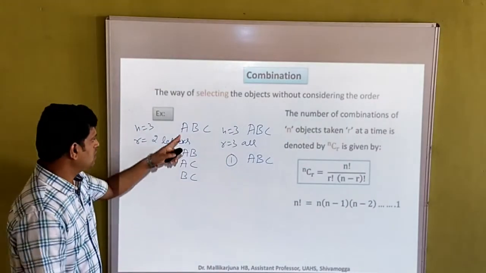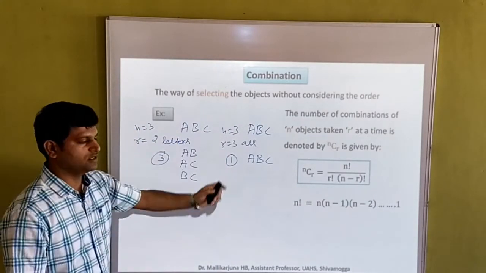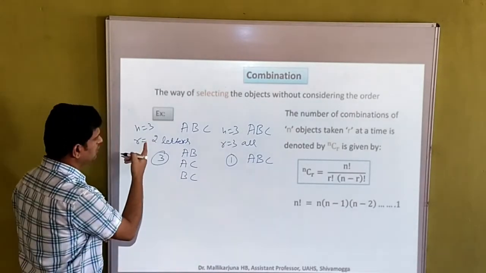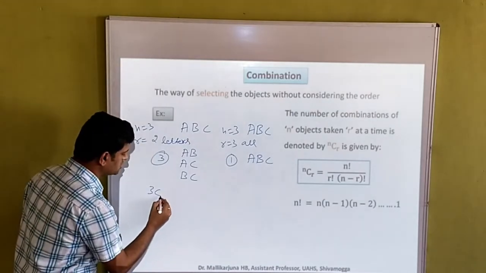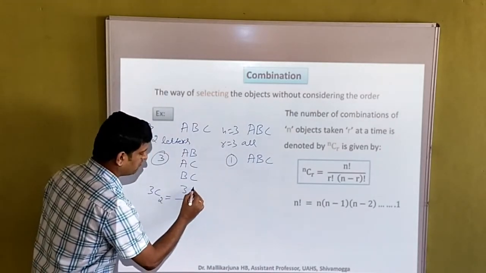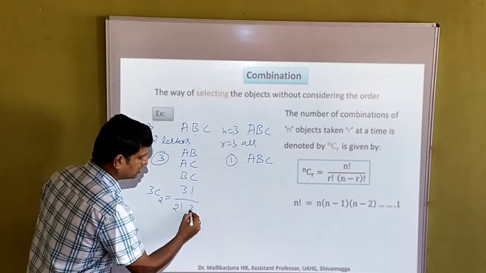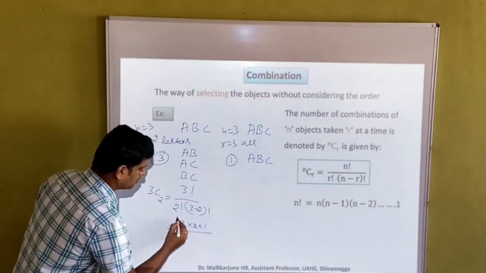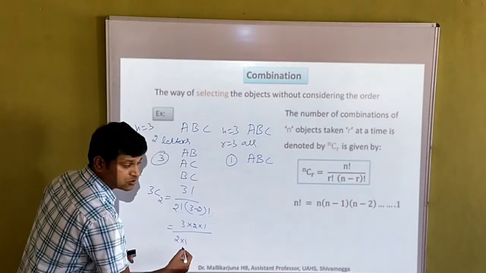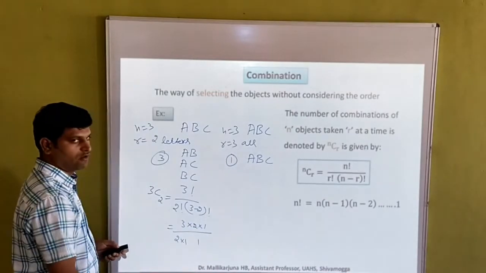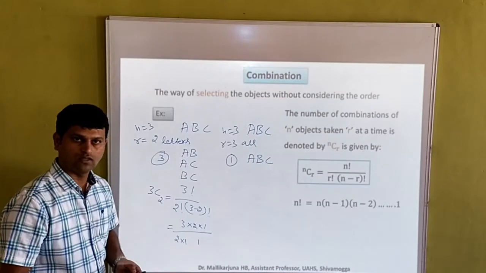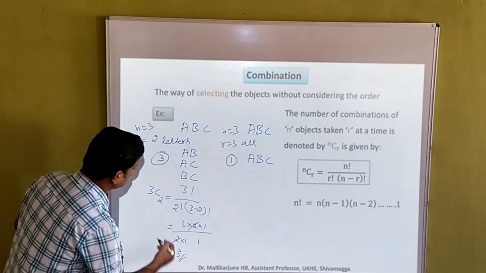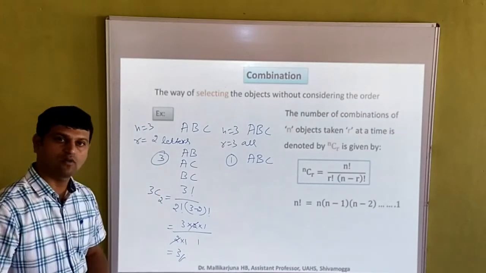Okay, substitute, we can write this as arrangements. I can use the formula nCr. Here n is 3, r is 2. So 3C2 is equal to 3 factorial divided by 2 factorial times (3 minus 2) factorial. 3 factorial means 3 into 2 into 1. 2 factorial means 2 into 1. 3 minus 2 is 1 factorial, which is 1. 0 factorial is also 1, that's a property. Then 2 cancels. The answer is 3. Directly by using the formula we can get it.